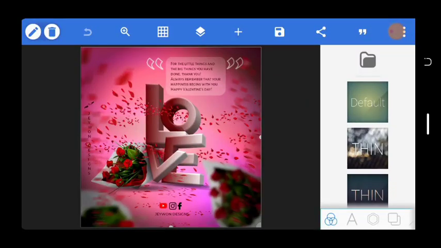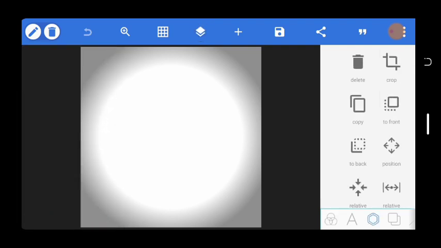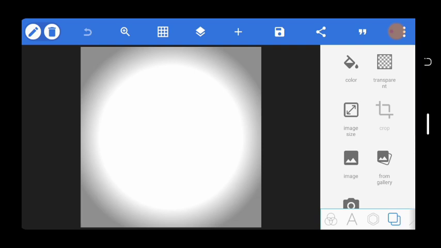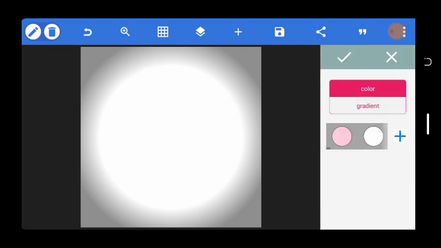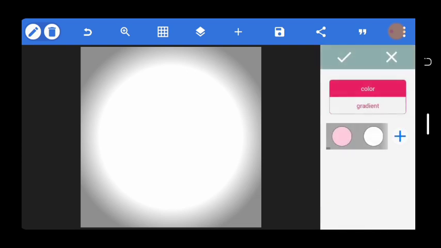Start from here. First thing I do is go to my color, my background, this background here. First thing I do is go to color, then click on color. You see color here, right here. Then click on